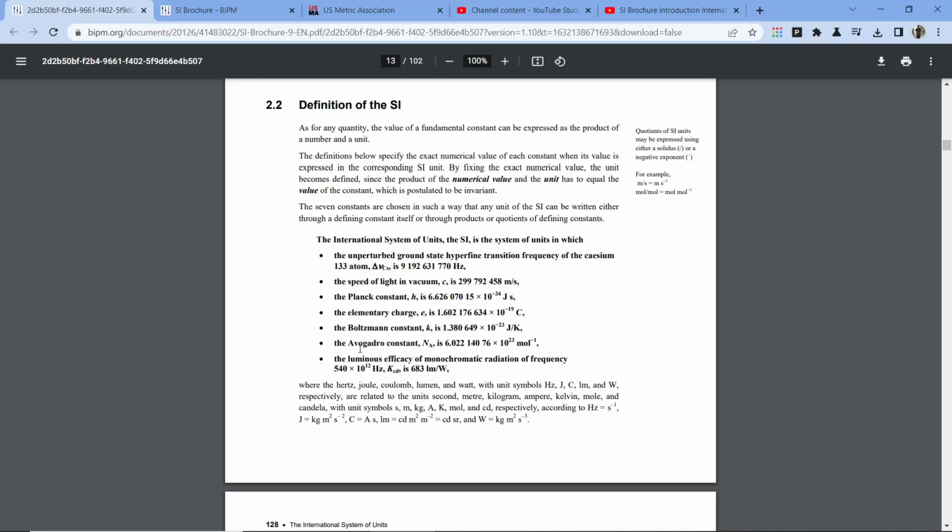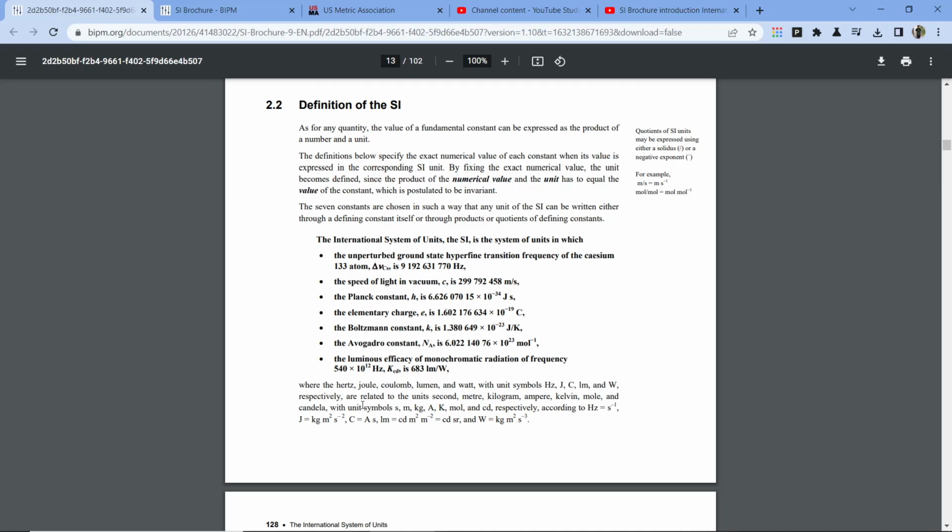So the Avogadro constant N_A is 6.02214076 times 10 to the 23rd inverse moles. The luminous efficacy of monochromatic radiation of frequency 540 times 10 to the 12th Hertz, K sub cd, is 683 lumens per watt, where the Hertz, Joule, Coulomb, Lumen, Watt